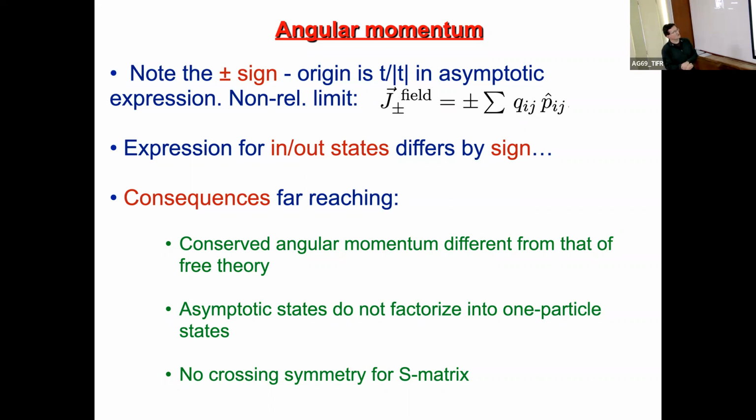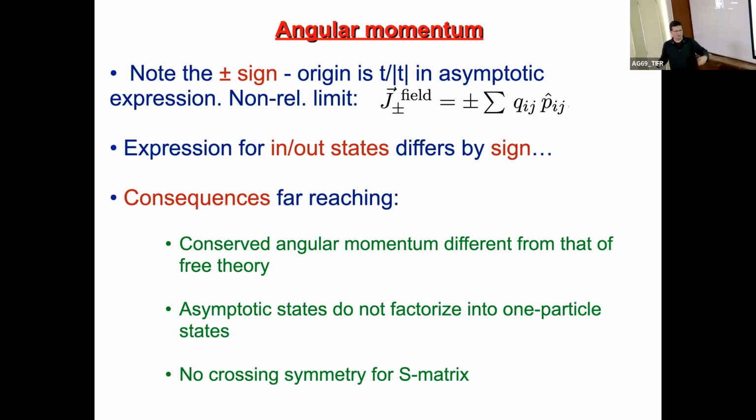Okay, very good. So this very simple consideration tells you some of the basic weirdness of the magnetic monopoles, namely that the conserved angular momentum of the system is different from that of the field-free period. Yes, so the conserved angular momentum, when you have magnetic monopoles present, is not going to be the same as the angular momentum of the free period. The asymptotic states will not factorize into one particle states, yes, because I'm trying to separate these two states from each other, yes, but the angular momentum is still going to be remembering that there was a product of an